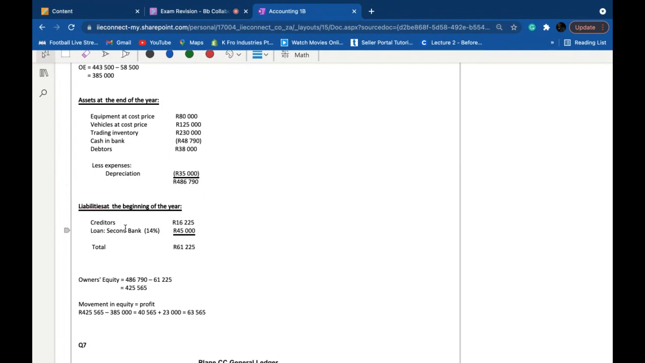All right, and then we said, okay, creditors, we have 16,225. They gave us that information, and then here we had to deduct 50,000 from 5,000, as I mentioned earlier. Then we got this total here for our liabilities. Again, this is at the end of the year. Okay, so when we deduct, now we see our owner's equity at the end of the year is